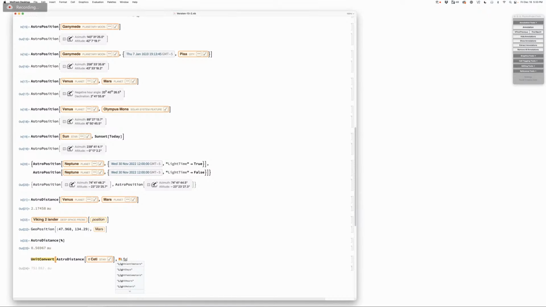That's a bad autocomplete. That should be set up to start with light years, guys. It's about 12 light years away. So